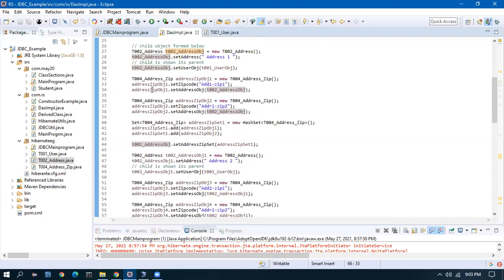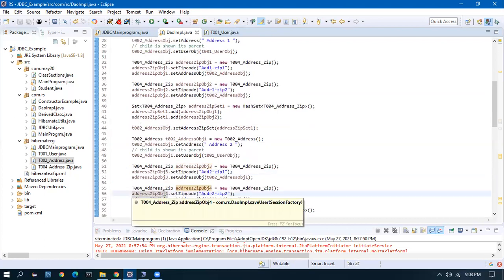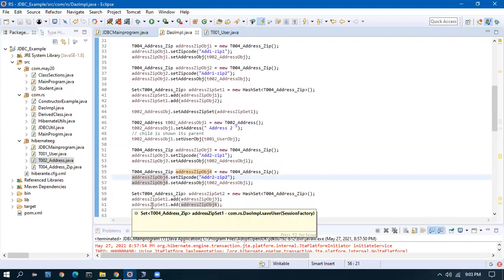The parent is set correctly. This is added here, and this is added here. This is also correct. Address 1 is correct. 3 is also correct. 4 is also correct.